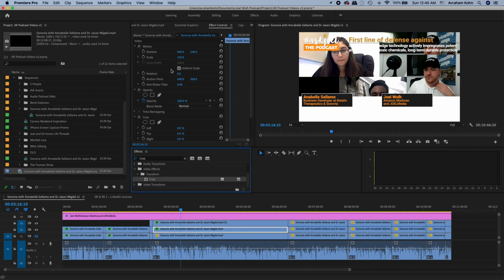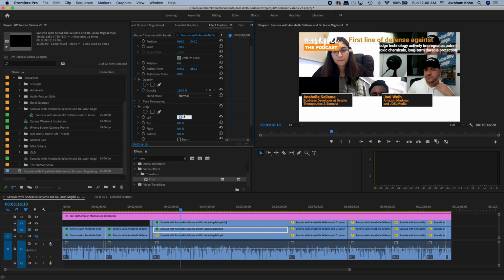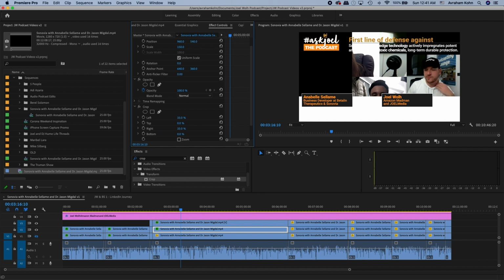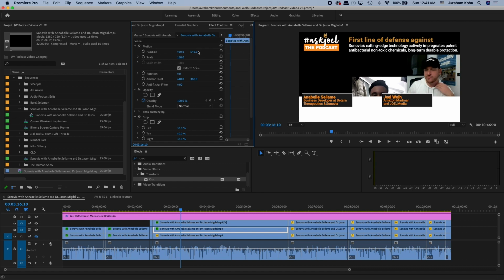Crop. This is going to be the new guy in the middle. So we're going to crop, say 33% from the left, 33% from the right, and 50% from the top. And by clicking and dragging the Y-axis over here,